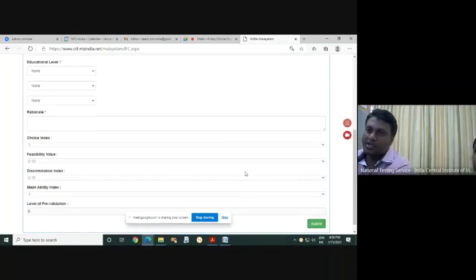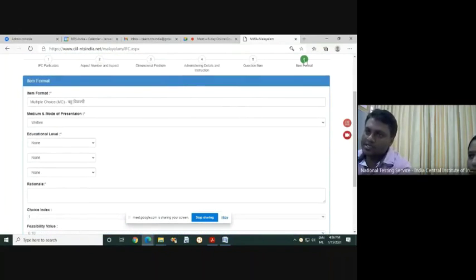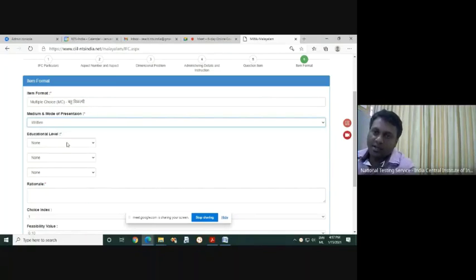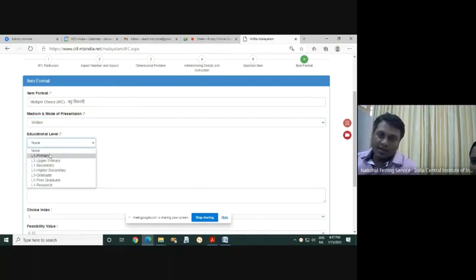Okay, when you click next, see this is the last tab. In that you see that you have selected multiple choice, so by default it comes here. Then we have to select whether it's written or oral. So it's written. Okay, now you have to select the education level. You have to concentrate here from L1 primary to L1 research. See primary, upper primary, secondary, higher secondary, graduate, postgraduate, all 7 levels of education are given.